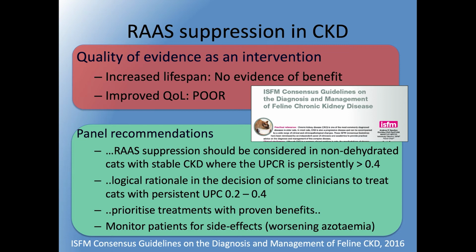And what you can see for the RAAS suppressing therapies in CKD is that according to these guidelines, there currently isn't any evidence that these will significantly increase lifespan. There is some evidence that quality of life is improved, although the quality of that evidence is considered quite poor, quite weak data. Therefore, this is an appropriate treatment, especially to consider in those cats that have evidence of RAAS activation,